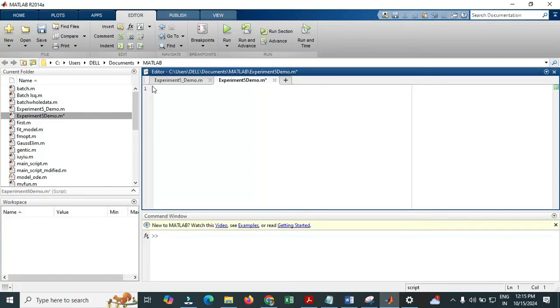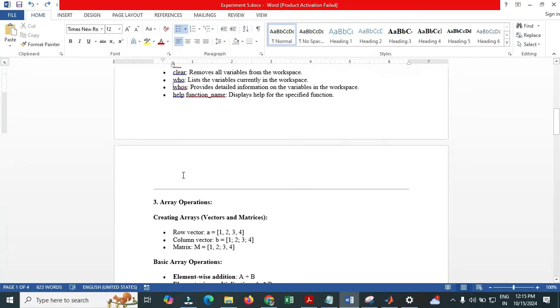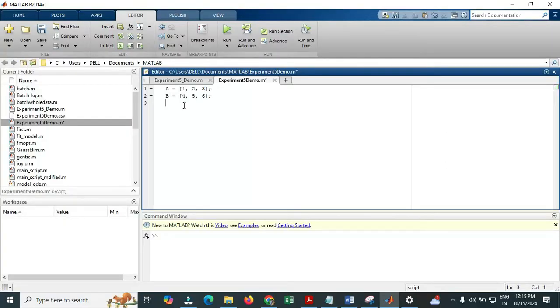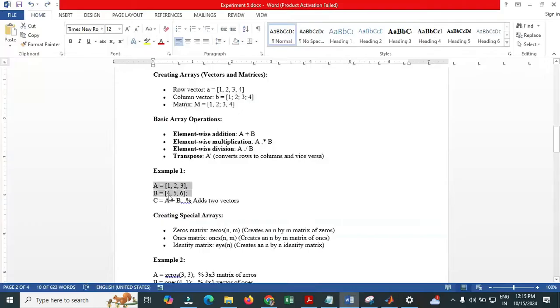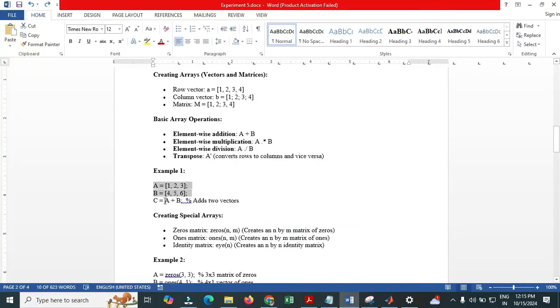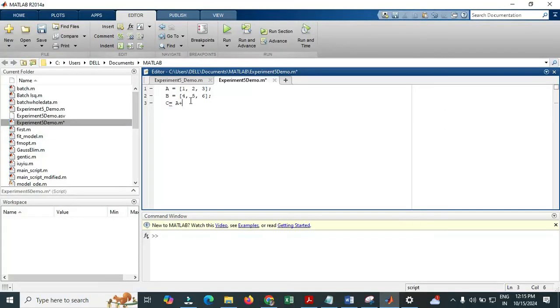and the first thing I want to do is create a matrix that is nothing but adding two matrices. C equal to A plus B. Let me type it here. The moment I click on run, all the variables are stored here and also displayed here. The last value that is displayed here, 5 7 9. Just look at here. 1 plus 4, it is a 5. 2 plus 5 is 7. 3 plus 6, it is a 9. It is a simple